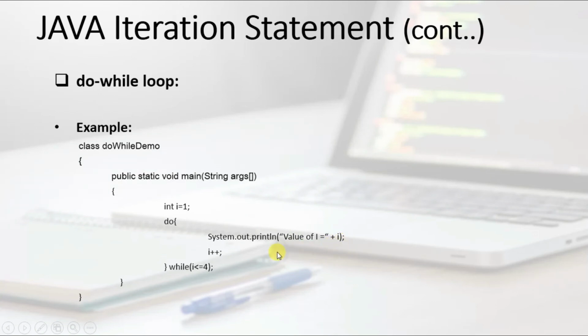Now for the increment, the value of i will be 3. For 3 it is going to execute. Now for 4 it is going to execute, as the value of i is equal to 4. Now the value 5 is less than or equal to 4? Means the condition is false. From now on the do block is not going to execute any further. This is how a do while loop actually works.